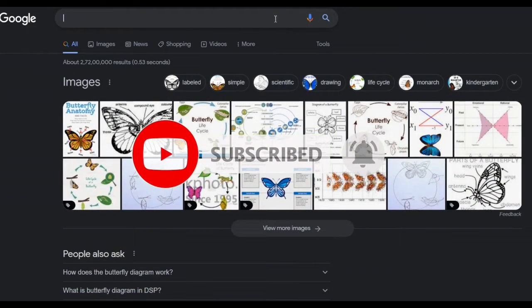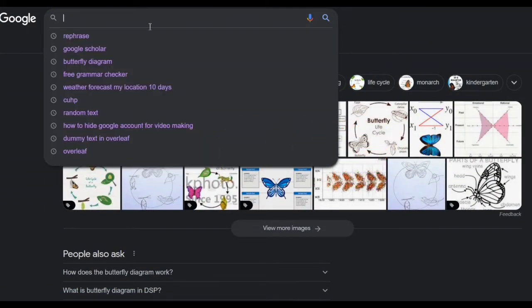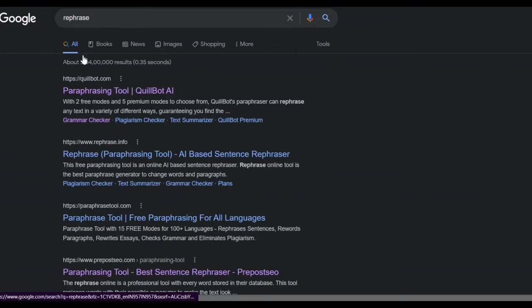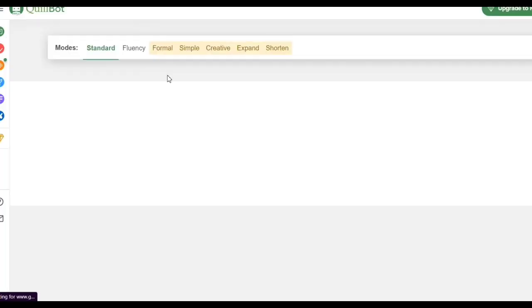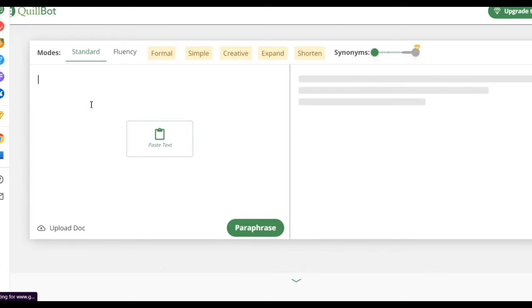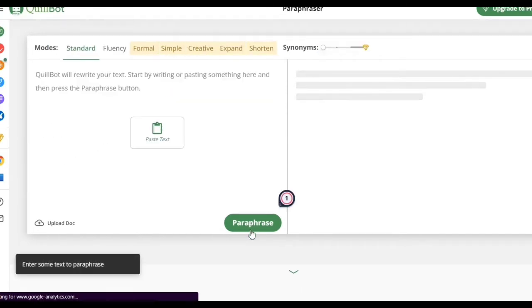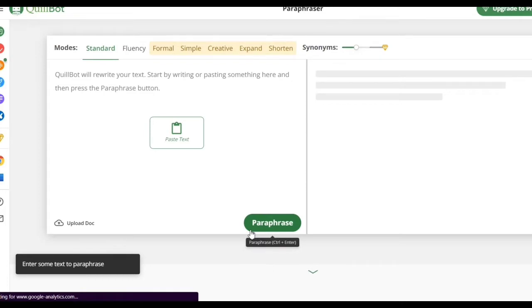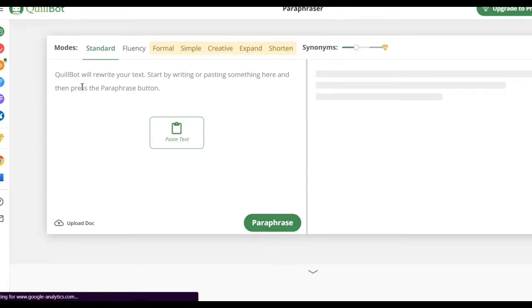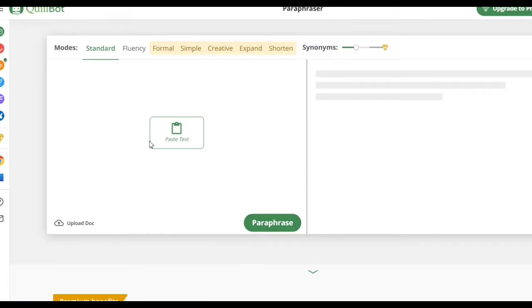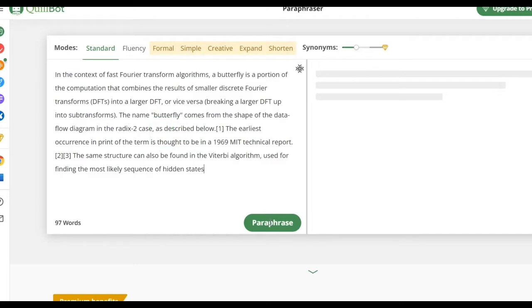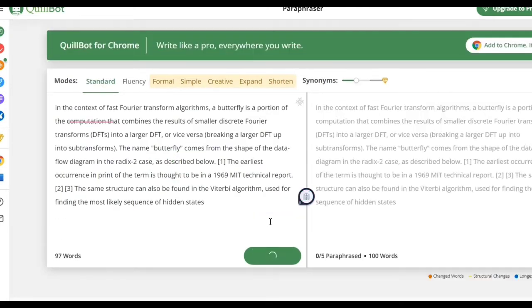So this I will show you. Rephrase. Okay, rephrase, and simply paste here and press rephrase, and you will, oh sorry, what happened? Okay, wait, paste and rephrase. So you can see